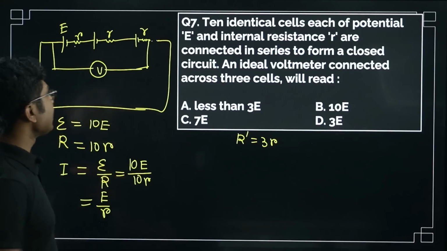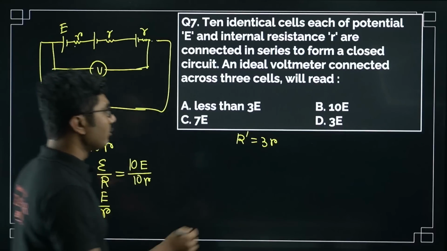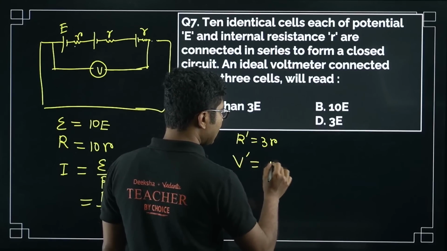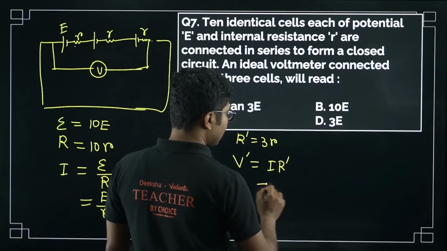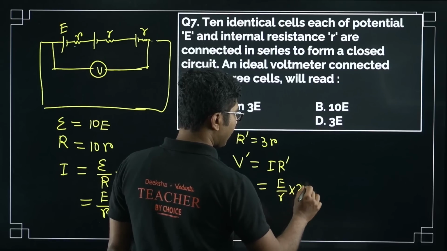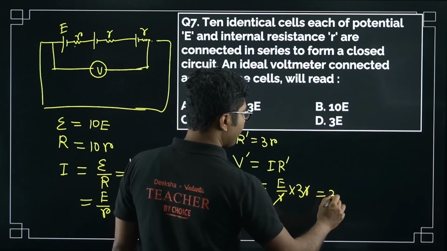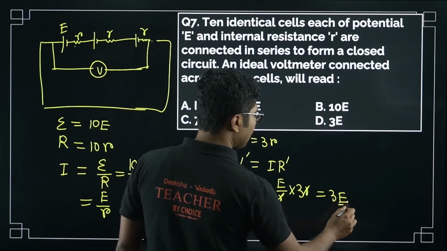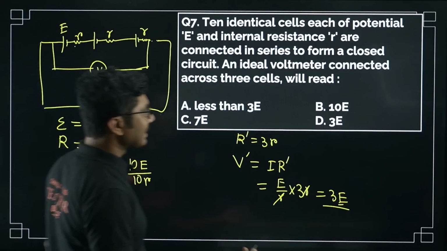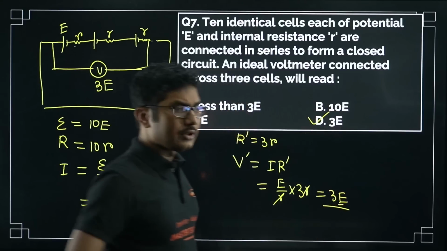Okay, so resistance of this part is 3R. So what is the voltage drop of this part? The voltage drop of this part is I into the resistance, that is I is E by small r, times 3R. So R cancels, you get 3E. So 3E is the voltage drop across these 3 cells as expected, but be careful, there is an option less